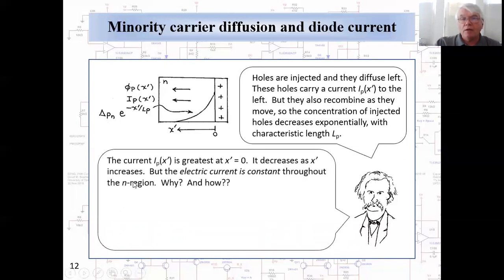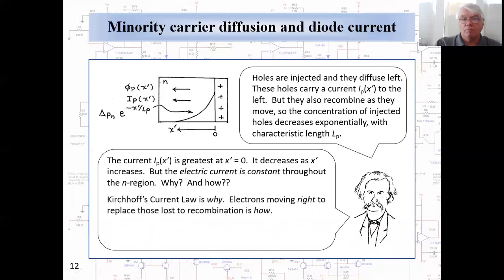But the current I_P of x' is greatest at x' equals 0. It decreases as x' increases. But the electric current in any cross section of this n region is constant. Why and how? Well, Kirchhoff's current law is why, and electrons moving to the right to replace those lost to